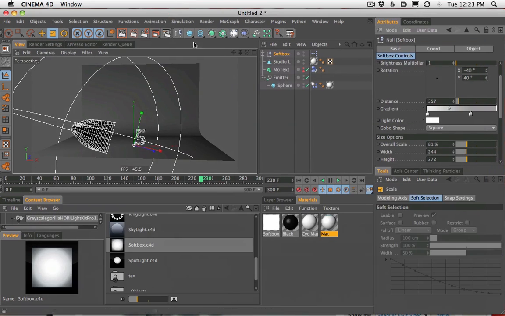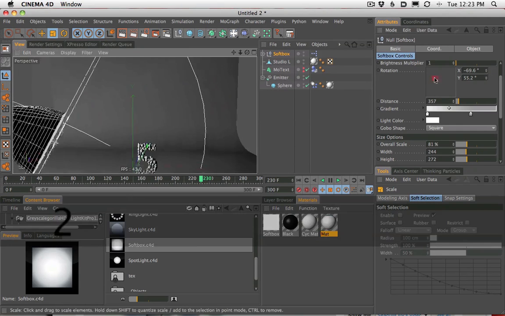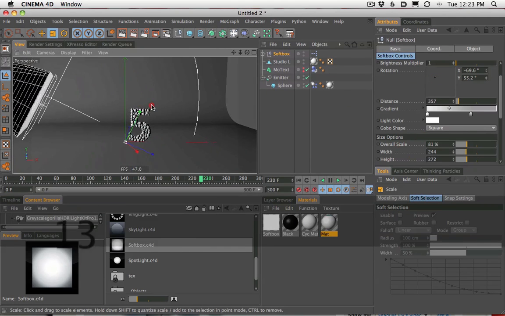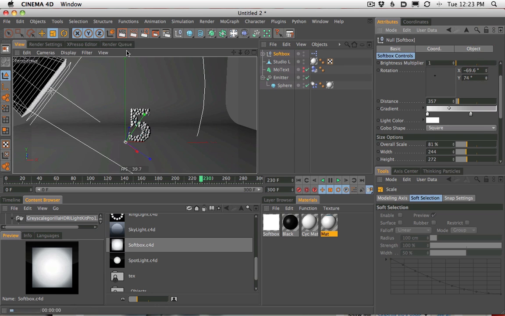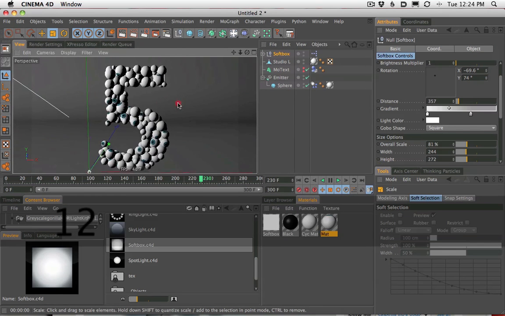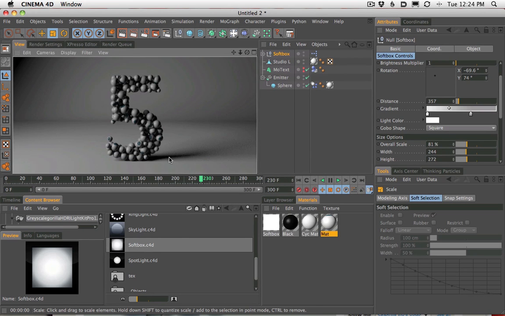So let's go ahead and start with that. Let's move the softbox around to the side and up. If we zoom in and over, that is about the right position. That feels pretty good. Maybe a little bit higher. And let's do a quick render and see what we got. So let's zoom in, do a quick render, and you can see we do have the shadow coming over, and we do have the highlight from the softbox, maybe a little bit larger from the softbox.